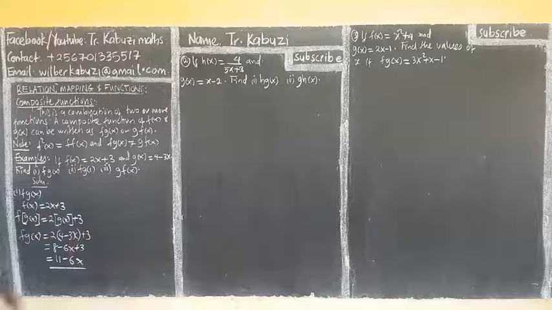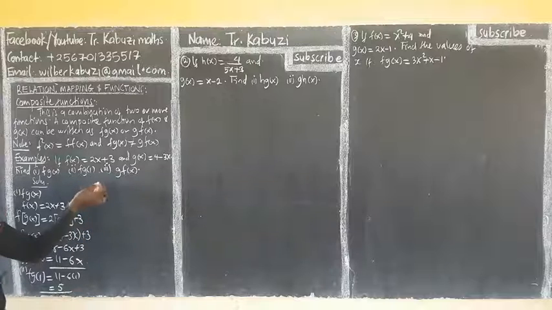Then f g of 1 is substituted there. Number 2, f g of 1. Now where there is x in this function, we are putting a 1. So I have 11 minus 6 into 1, which would be a 5. Simplify, 11 minus 6. Okay, now if I come to